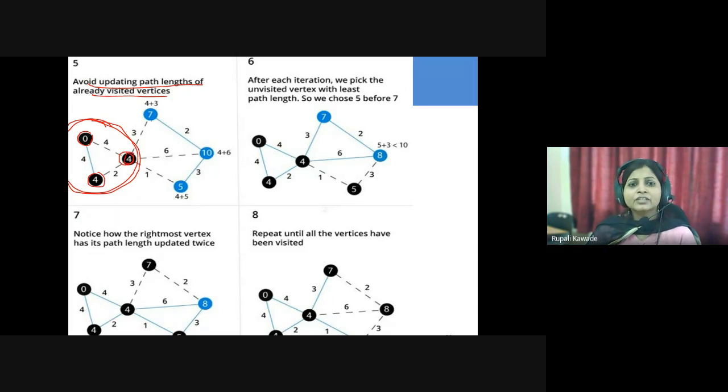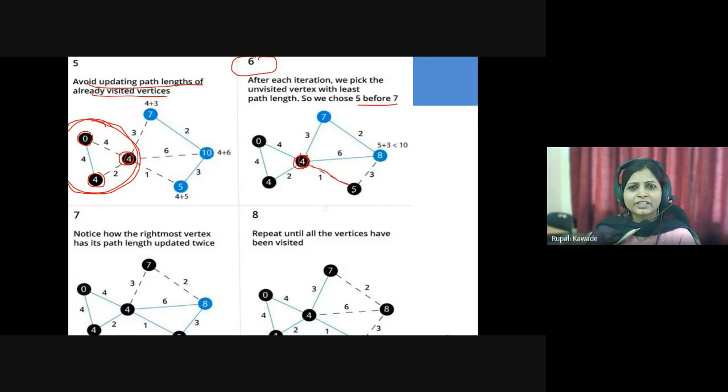It has 3 adjacent vertices. Which are those 3 adjacent? This particular 4, look at the 6th number. Here, for this 4th node, you have 3 adjacent: one is 7 with a weight of 3, next is 8 with a weight of 6, and the next one is 5 with a weight of 1. Out of these 3 weights, which is minimum? 1 is the minimum, so we will choose 5 instead of 7 or 8. Because of 1, 3 and 6, we will always choose the vertex which is closest. So we will take this path length as 5.